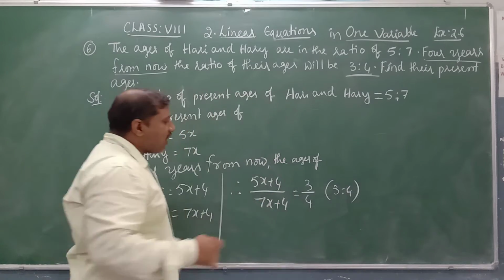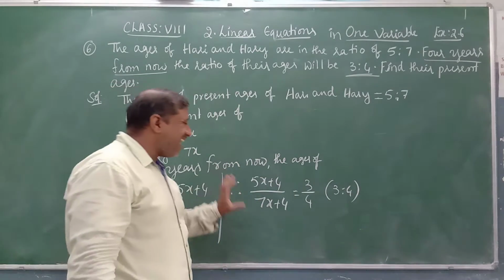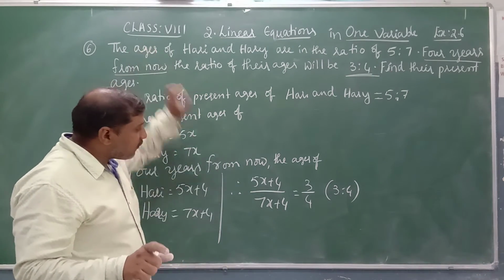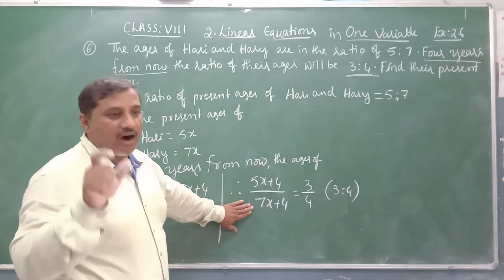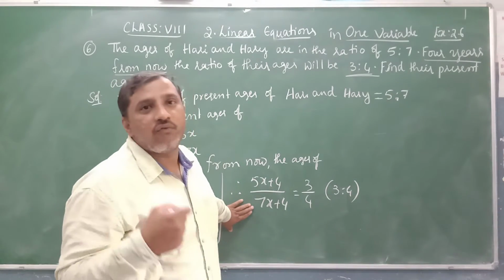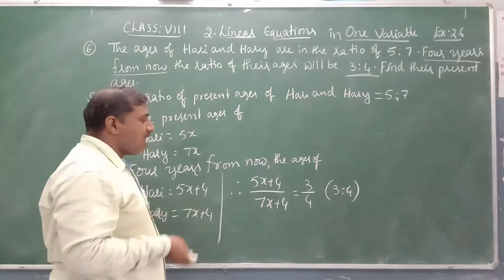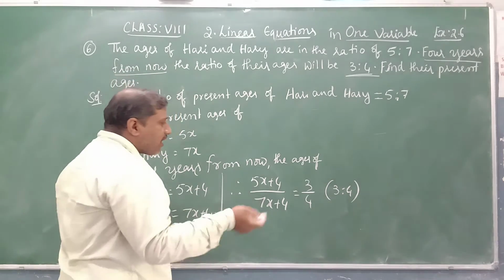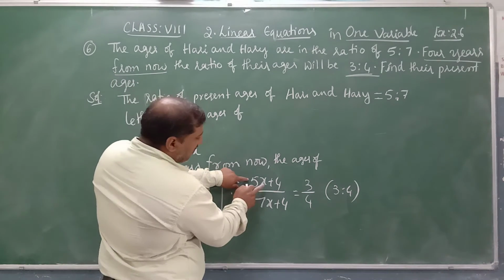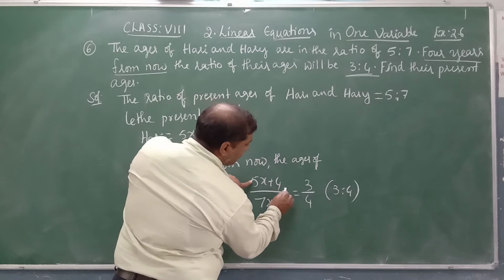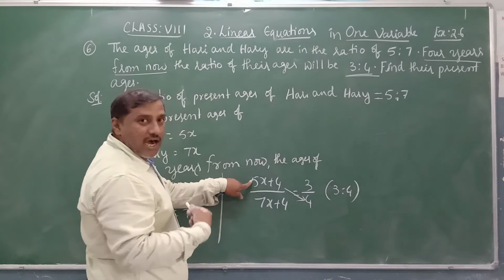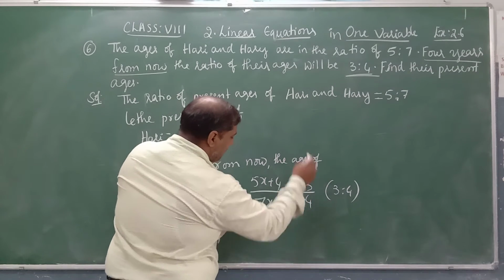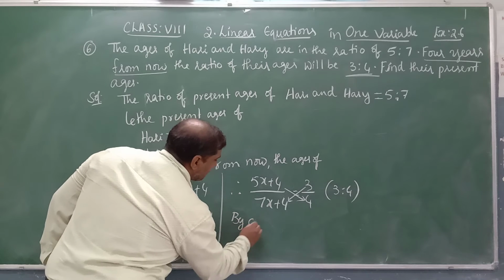Now we got an equation which is not in the linear form. The first step is to read the question, understand, and from that frame an equation like this. After framing the equation, as we know, we will use the cross multiplication method. How do we apply cross multiplication? Multiply the numerator with its opposite denominator, as I have shown with the arrow marks. Then multiply the other numerator with its opposite denominator. Yes, by cross multiplication.